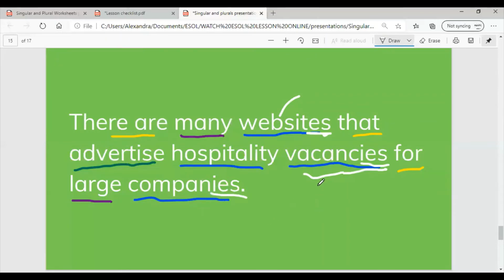So we know that our plurals are websites, vacancies and companies, as these are the ones that are the plurals in the sentences. There's more than one noun. Okay,